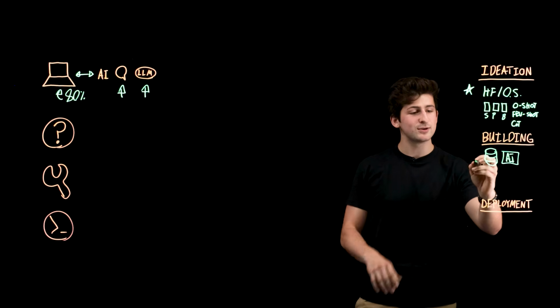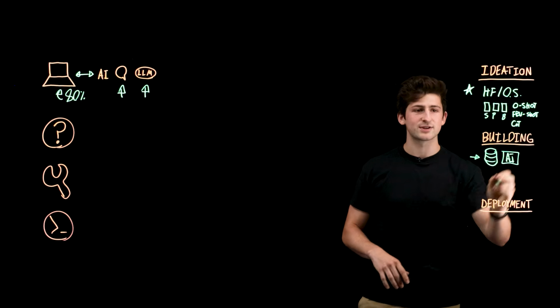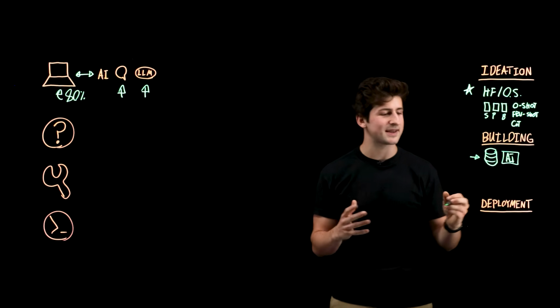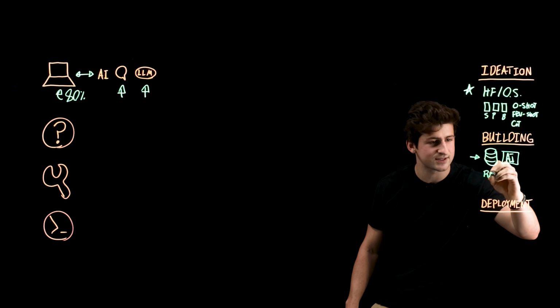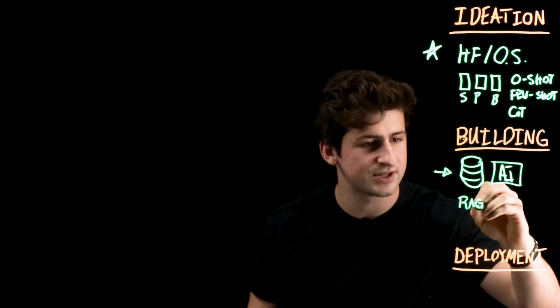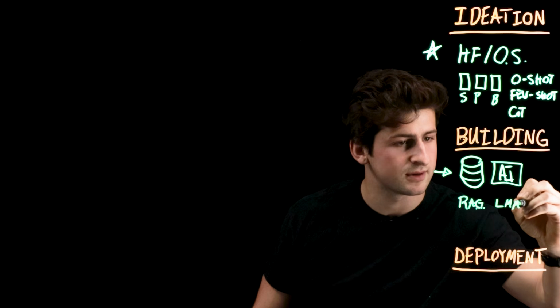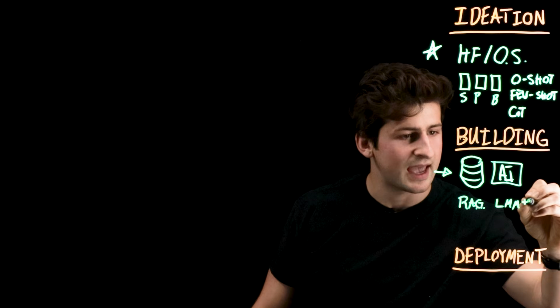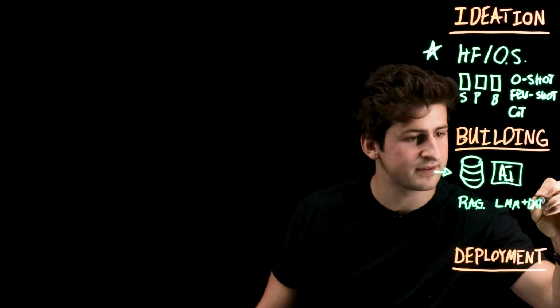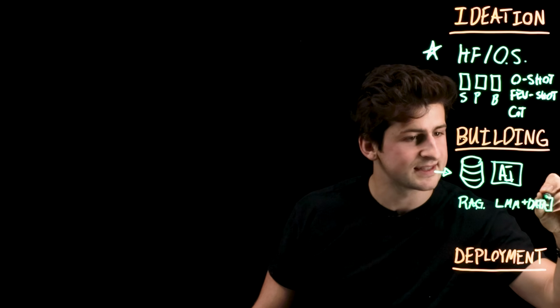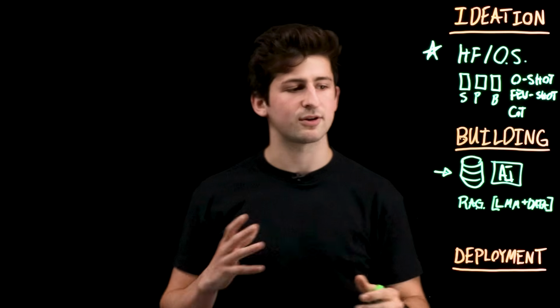But what if you want to use that data with your large language model as well? Well, there's a few different methods to do so, starting with what's known as retrieval augmented generation, or RAG, where you actually take a large language model, a pre-trained foundational model, and supplement it with relevant and accurate data. And this can help provide better and more accurate responses.